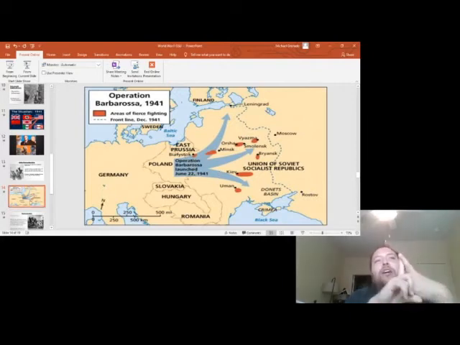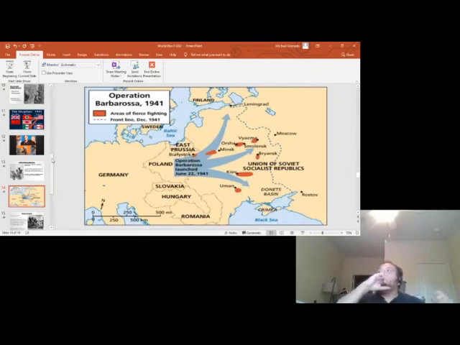So the first obstacle and difference between France and the Soviet Union: geographical size, and also the sheer size of the Soviet army. At the beginning of 1941, I want to say the Soviet army had, I can't remember the exact numbers. I'll just post it. I won't embarrass myself by trying to get into the mathematics.